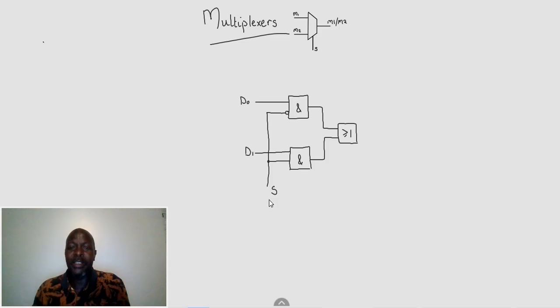If our selector is on 0, which means, let me not do that, let me rather do this. The selector is such that 0 is converted to a 1, through the